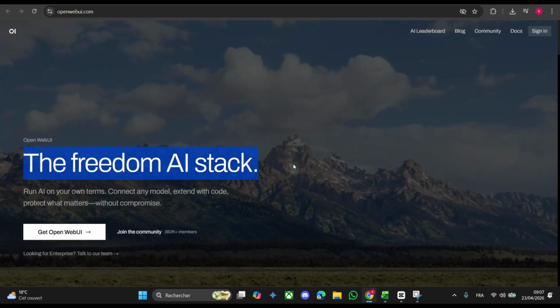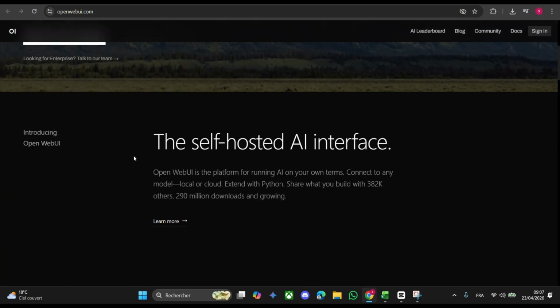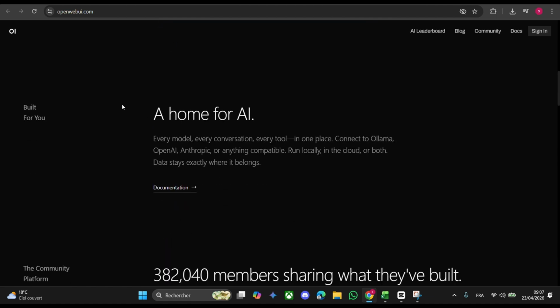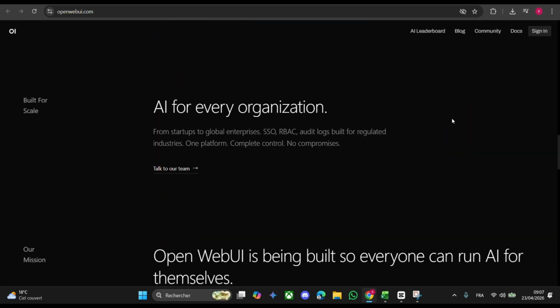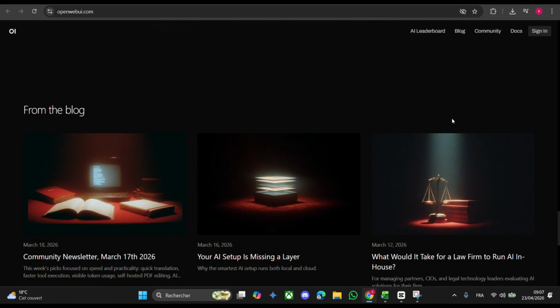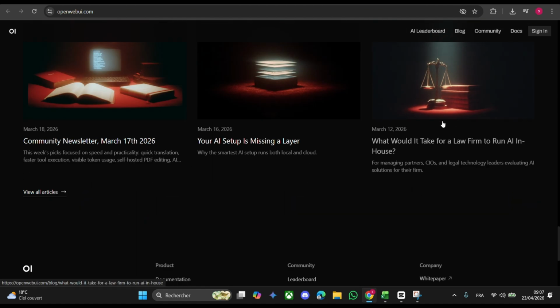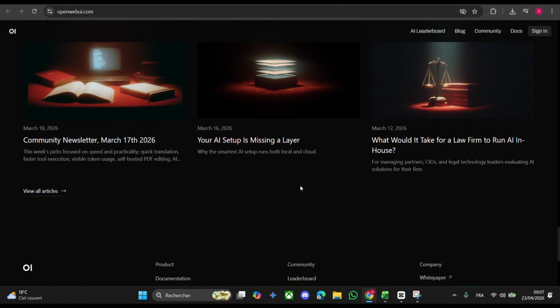Open WebUI versus LibreChat. Which one is better? Let's find out. Open WebUI is a self-hosted, web-based interface that lets you chat with local or API-connected LLMs via Docker or pip. It supports Ollama, OpenAI-compatible APIs, GPU acceleration, RAG tools, voice, video, markdown, and user management